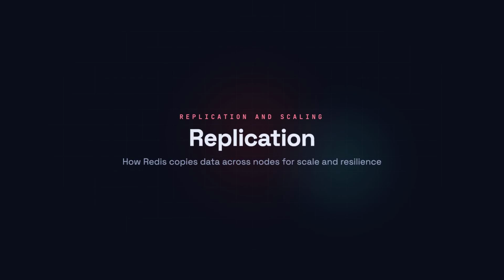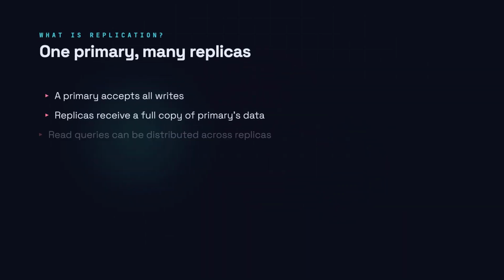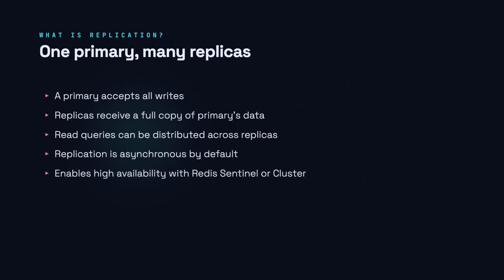Redis replication lets one primary server share its data with one or more replicas, giving you read scalability and the foundation for high availability. Replication in Redis is straightforward. One primary node handles writes, and one or more replicas maintain an up-to-date copy of that data. You scale reads by pointing clients at replicas, and you gain resilience because a replica can be promoted if the